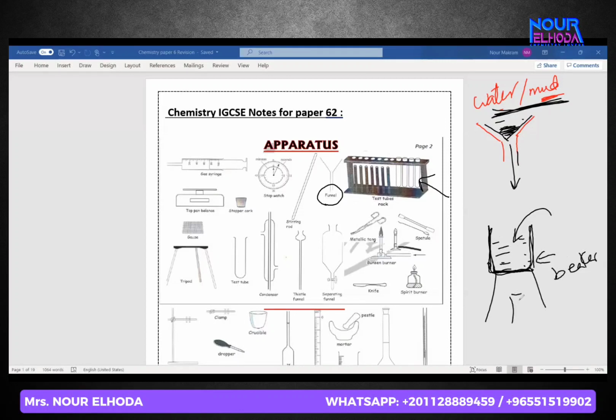First, you have to put a Bunsen burner. You know, of course, the Bunsen burner. Okay, this is called a Bunsen burner. And then how are you going to hold the beaker? For sure, you're not going to hold it. Exactly. You're going to put it on this one. It's called a tripod.